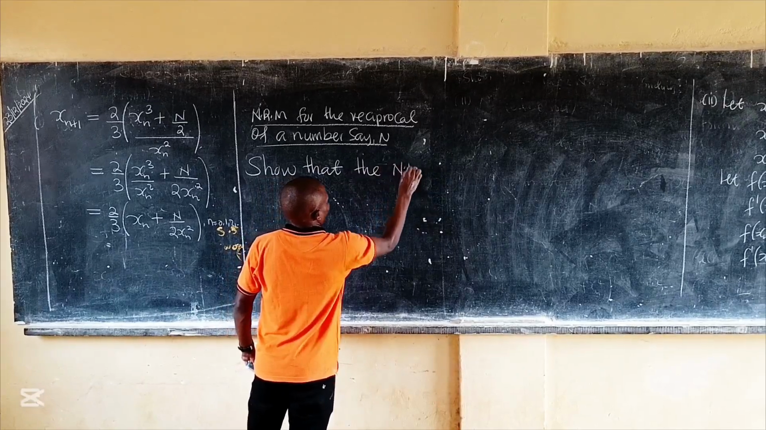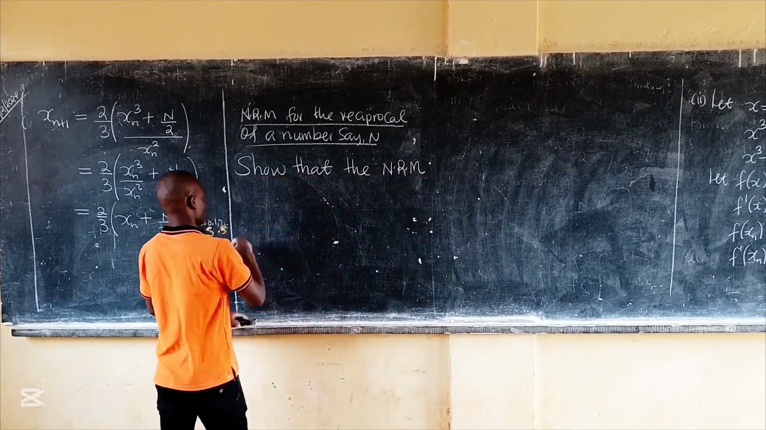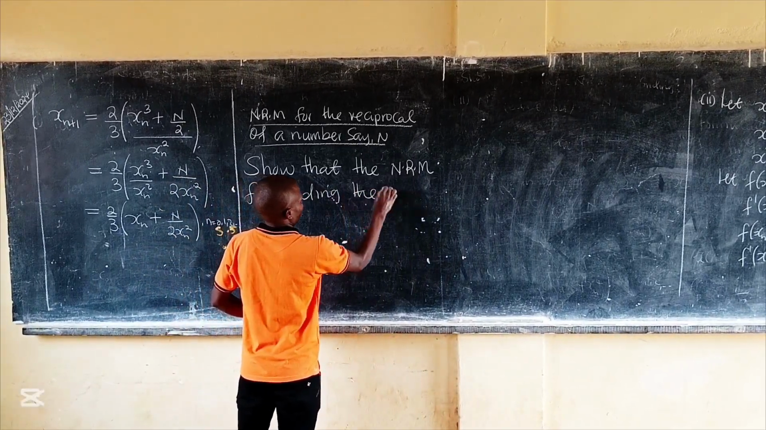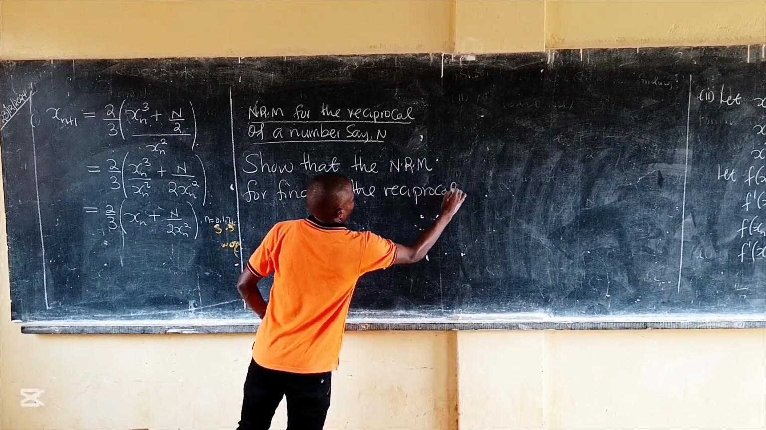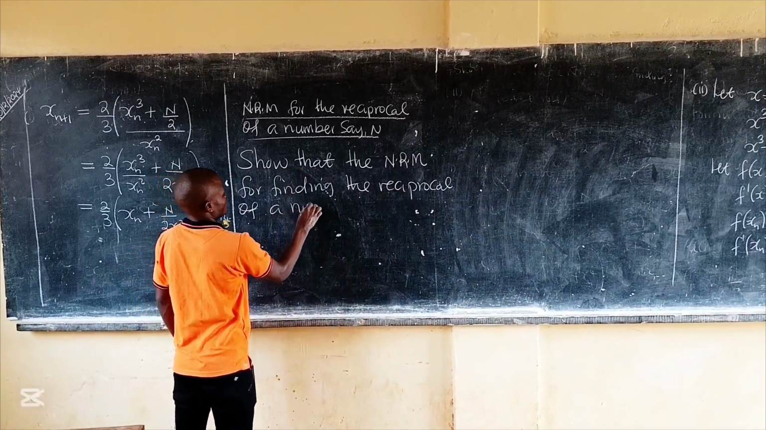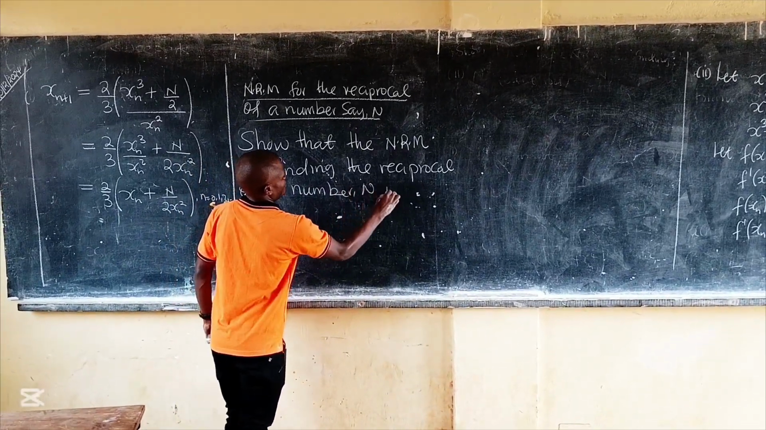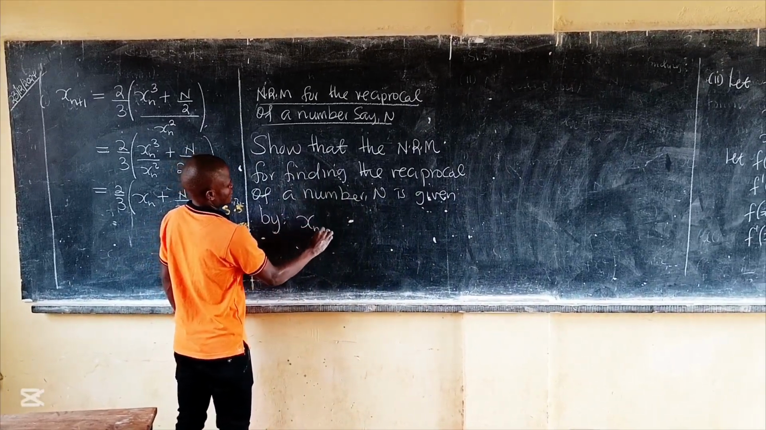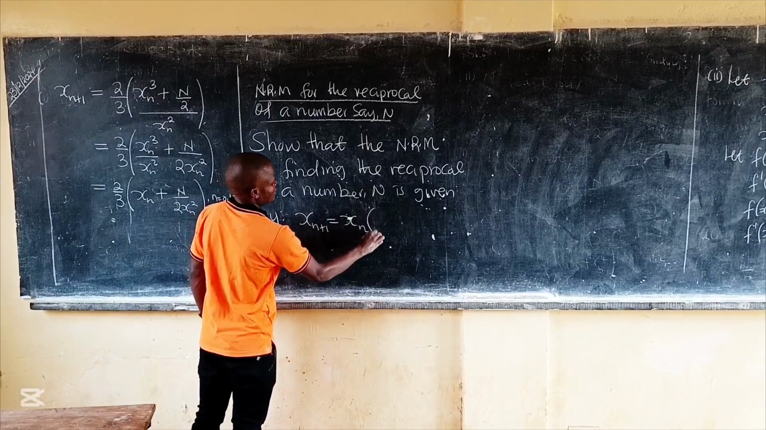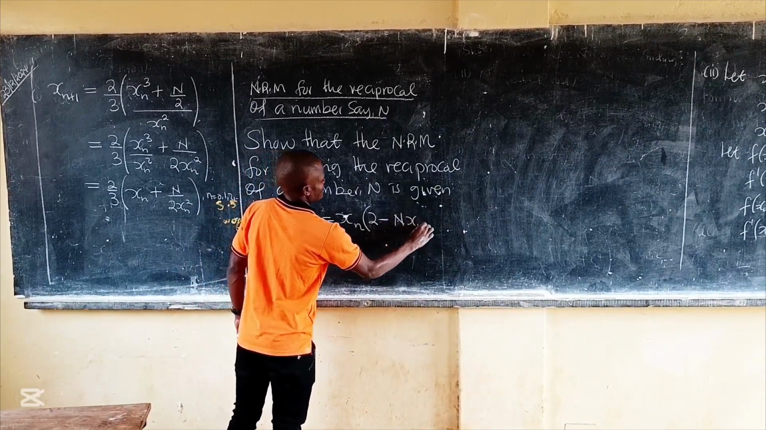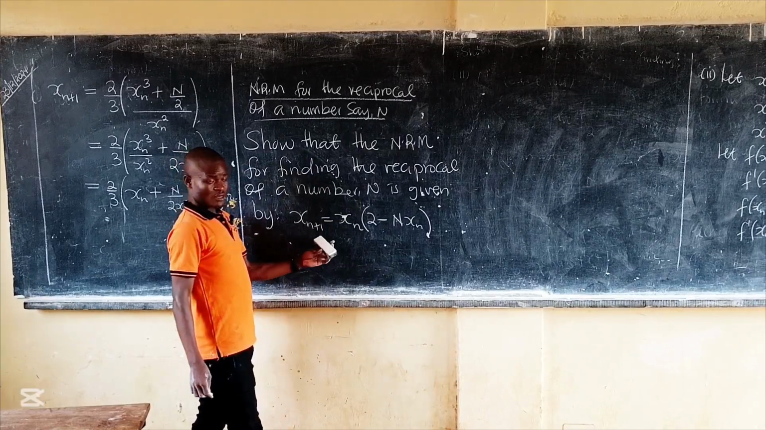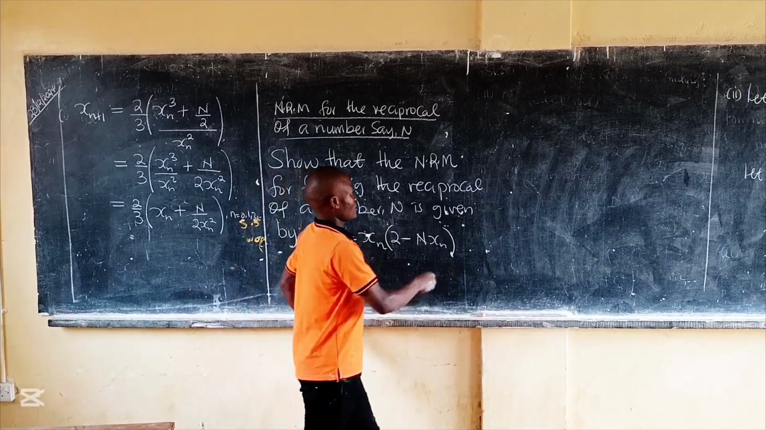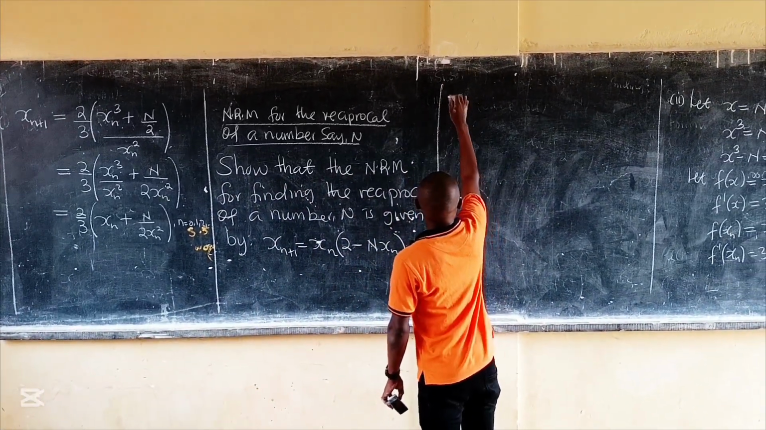the Newton-Raphson formula, the Newton-Raphson method for finding the reciprocal of a number n is given by x_{n+1} equals x_n into (2 minus n x_n). So I want to show that the NRM for finding the reciprocal of a number n is given by this. And here in our solution, we are going to simply say